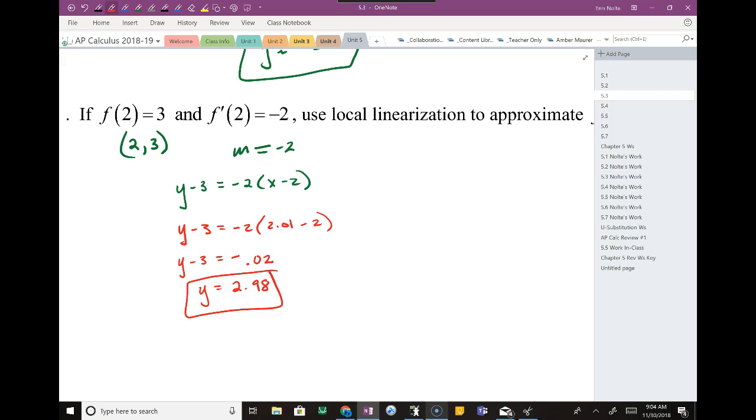I feel like the ones we do as examples are never the same. Well, they